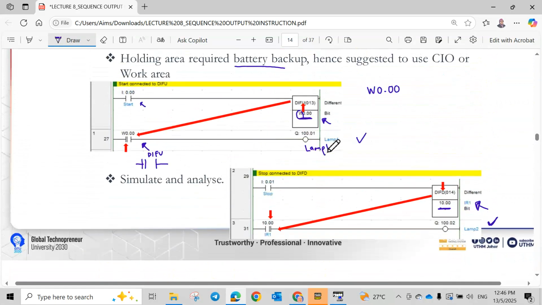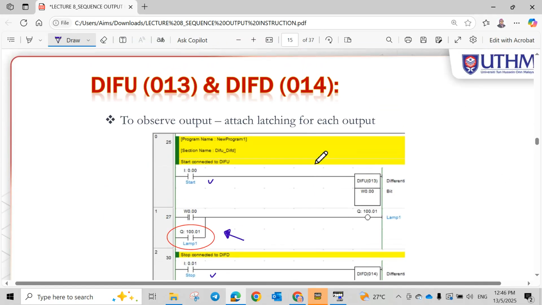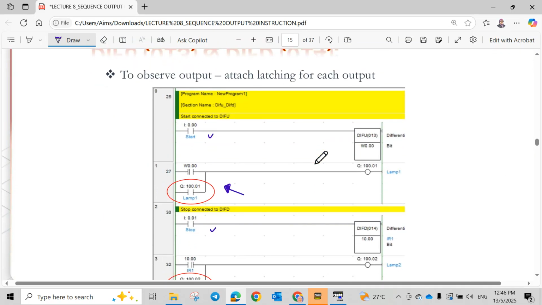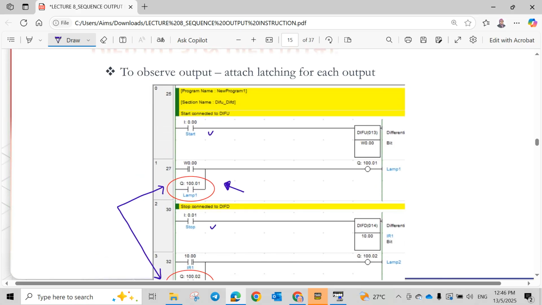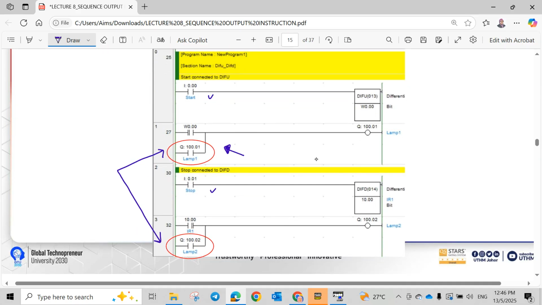The problem with the current program is that the cycle is very fast, so we cannot capture the change in the output. Here we would like to observe the output, so we can add a latching at both outputs,